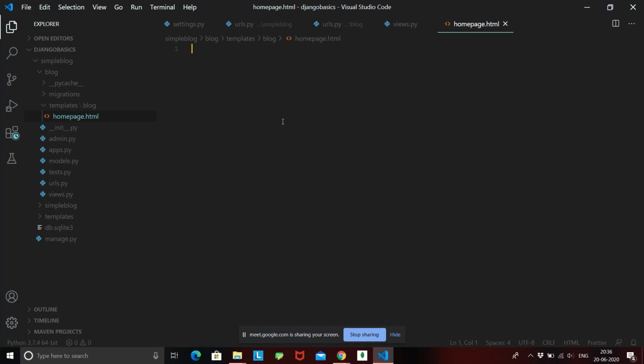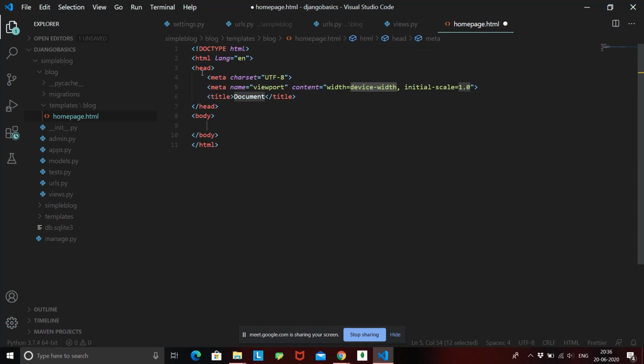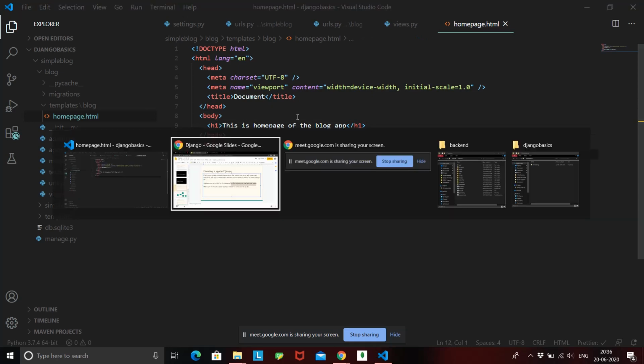Okay, so let's create this again similarly. Just give an exclamation mark and hit enter. This will create an empty HTML page for you, and we can just render out h1: This is home page of the blog app. Okay, so basically this is what we did all this time.